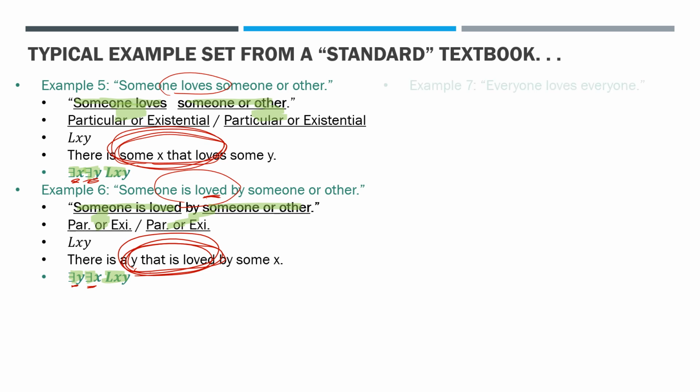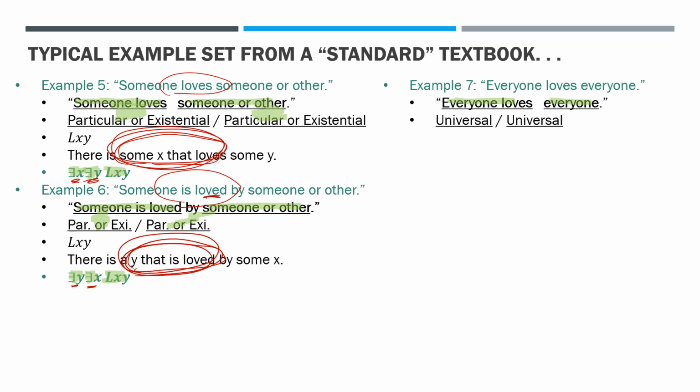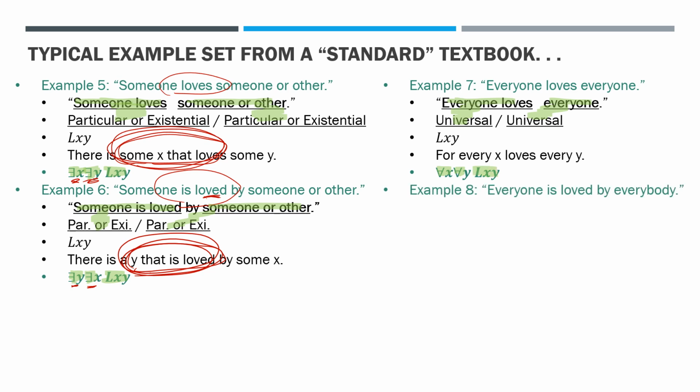Order is very important. Example 7, everyone loves everyone. Two quantified variables, both happen to be universal. The relation Lxy, for every x, loves every y. Hence we have for all x, for all y, Lxy. Example 8, everyone is loved by everyone. It's very similar to example 6, just like example 7 is very similar to example 5 in terms of